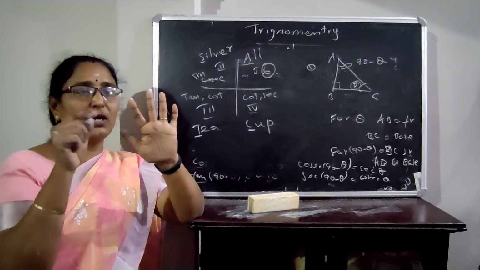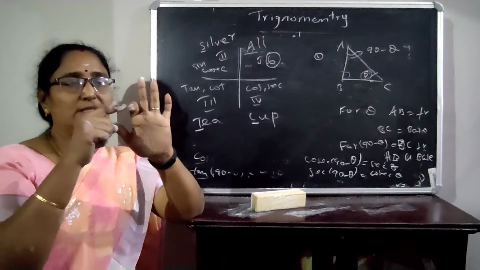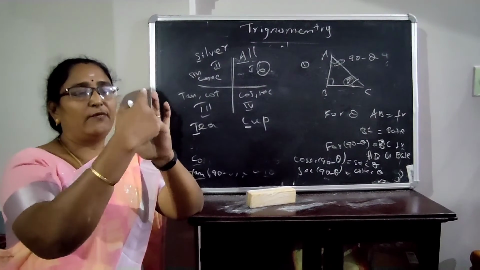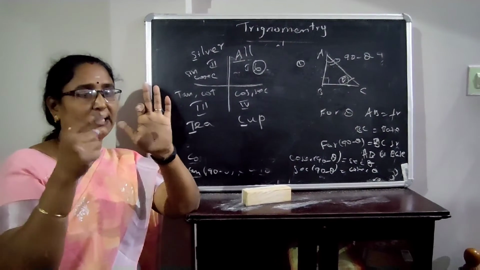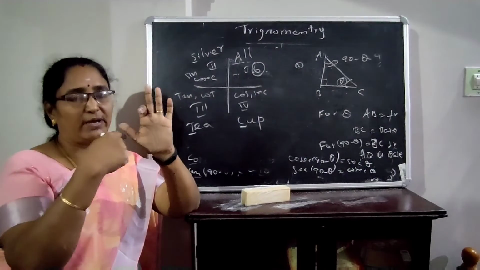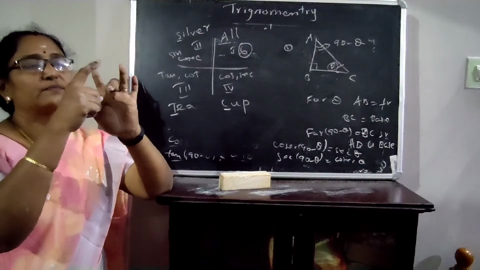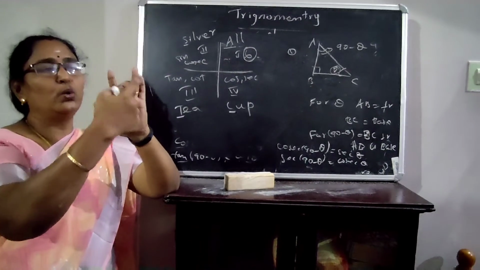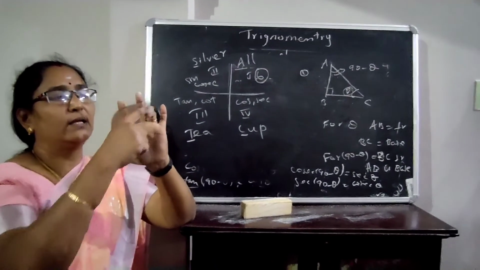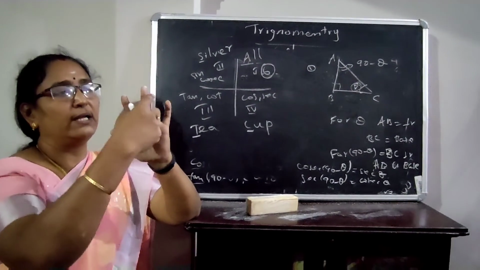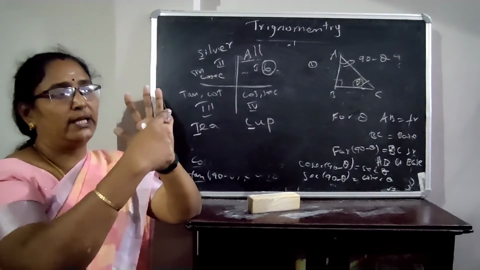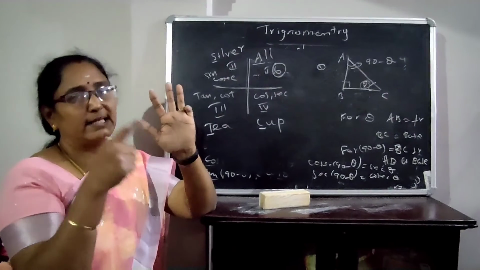In the same way, to find cos 30, the value is root of 3 divided by 4. For sin theta, use the right hand side divided by total; for cos theta, the square root of the left hand side divided by total. So cos 45 is root of 2 divided by 4, 1 by root 2. Then cos 60 is root of 1 divided by 4, 1 by 2. Cos 90 is 0 divided by 4, that is 0.